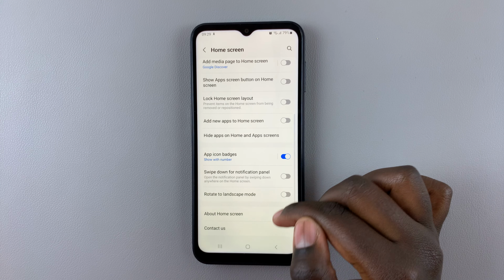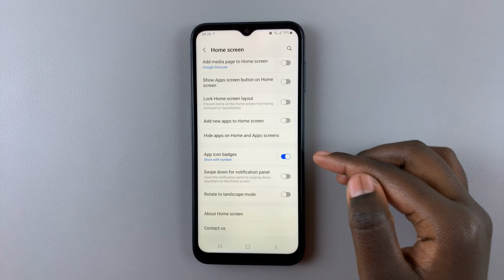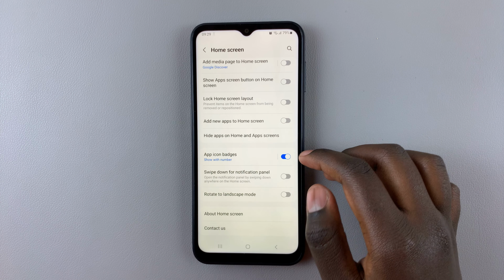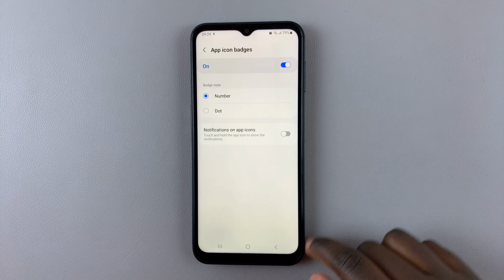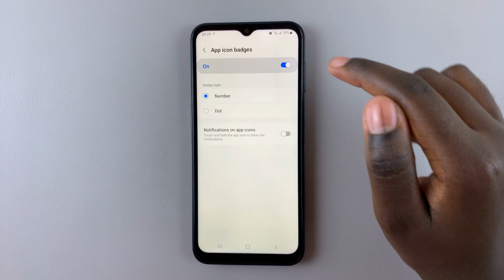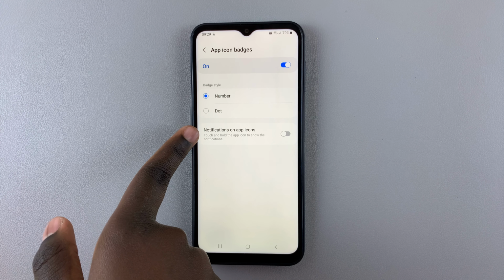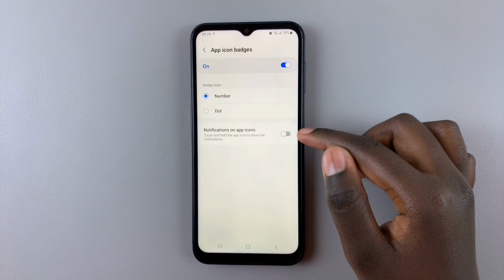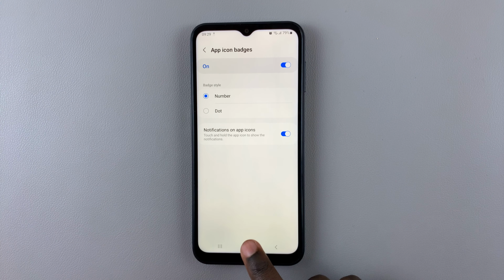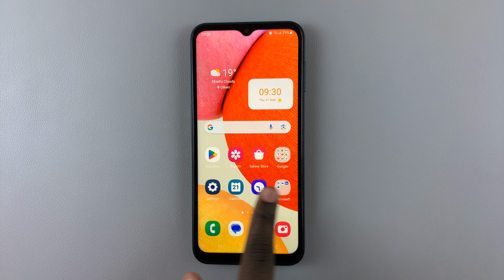Next, scroll down until you find the option App Icon Badges. So tap on that and then make sure it's enabled so that this option, notifications on app icons, becomes bold. So tap on that to enable it, and you should notice that when you go to your home screen and